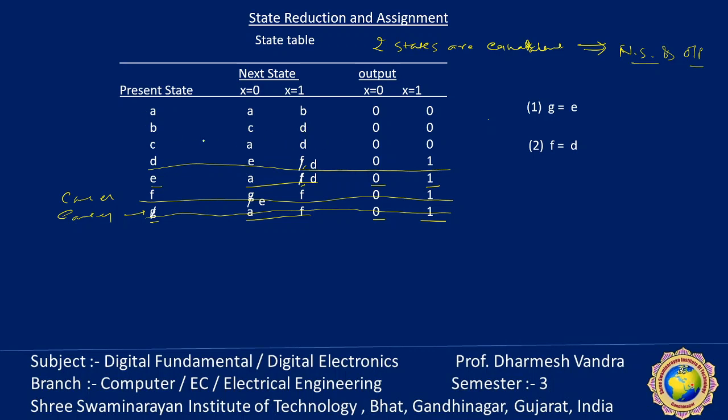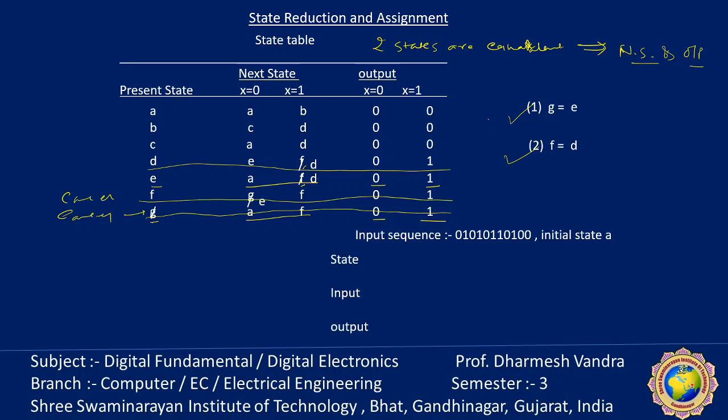In the last, these four states D, D, D, D. But A and D, so we can compare here now A and D, but here the output is 0, 0, here the output is 0, 1. So the output is not matched, so we cannot say these two states are equal. Again, A, B, C, D, C, D, no, A, D, E, E, D, E, D is also not repeated. So now there is no further reduction possible. Only two reductions are allowed, and we can reduce the number of states from 7 to 5.